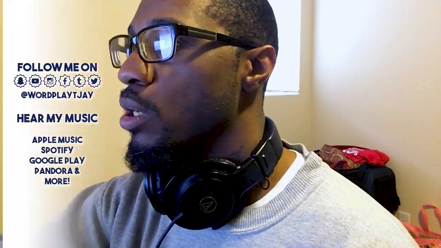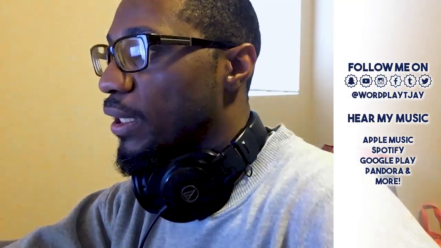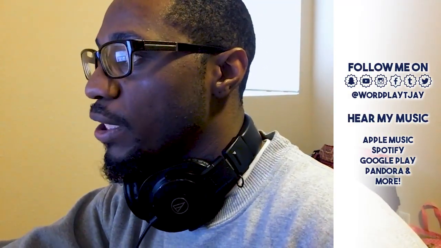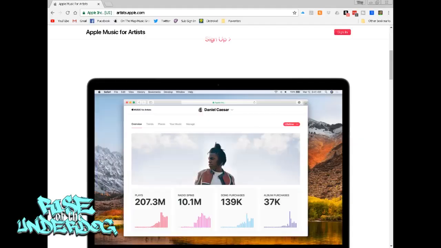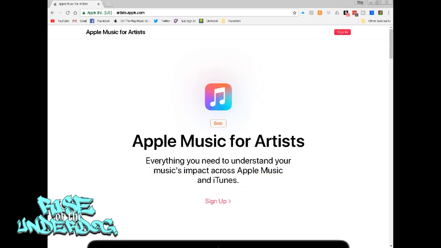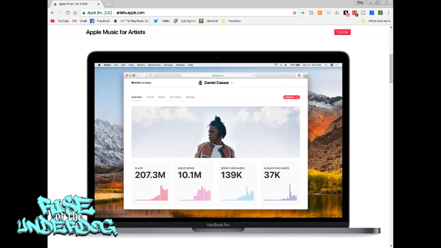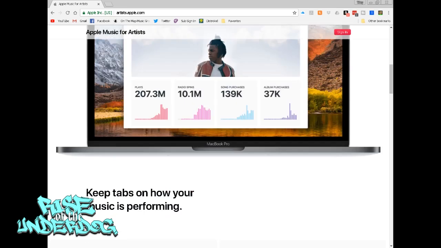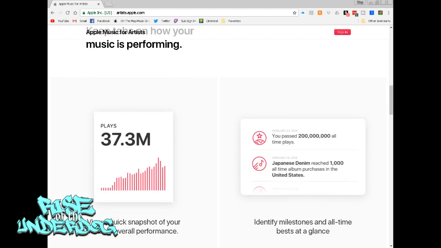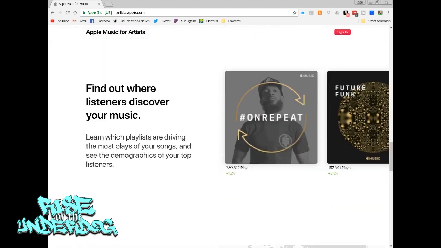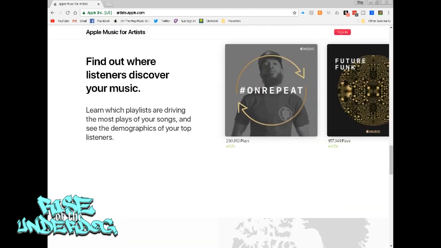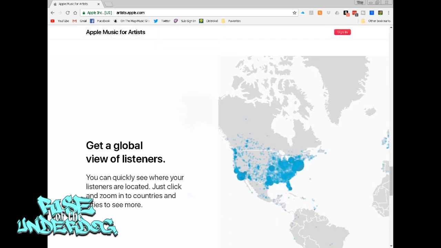Okay, so I'm going to show you how to get your Apple Music artist account and check out your analytics there. Currently the test site is in beta, but soon there will be more features rolling out over time. As you can see, you have some stats here, some purchase stats, some album purchase stats, and so many other things that you can track and get to understand how your data is working as far as Apple Music is